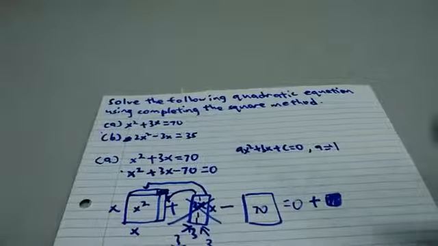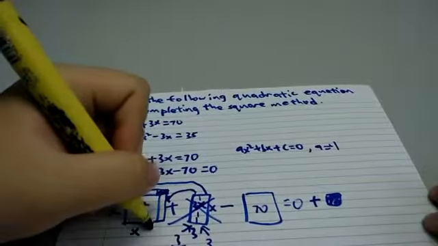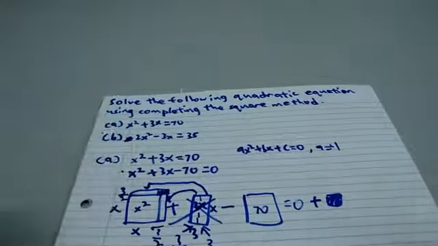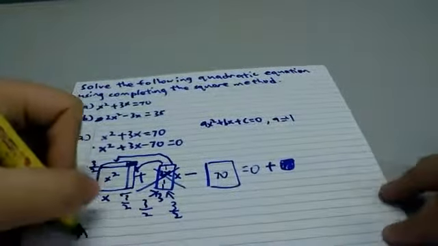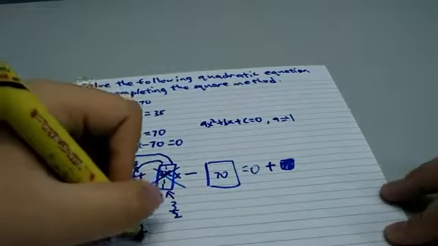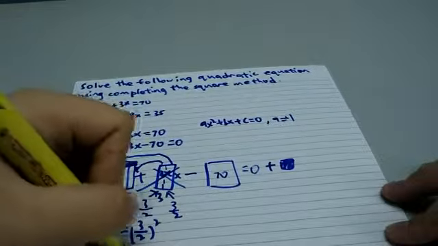Can be still maintained. So given the length of here is 3 over 2, here also 3 over 2. So the area of this small square is equal to 3 over 2 square, which is equal to